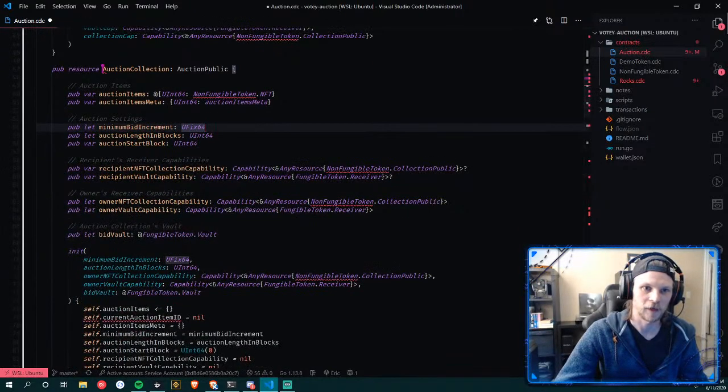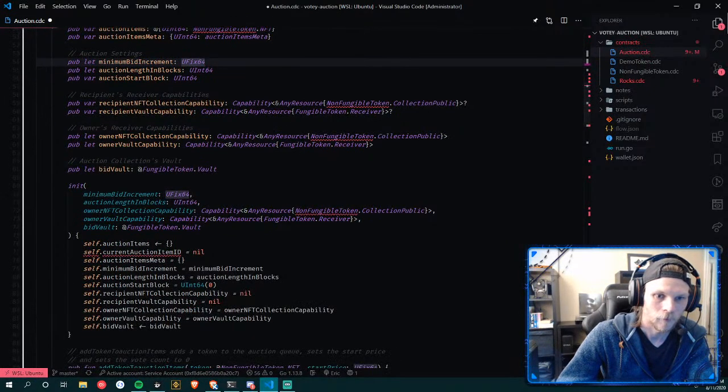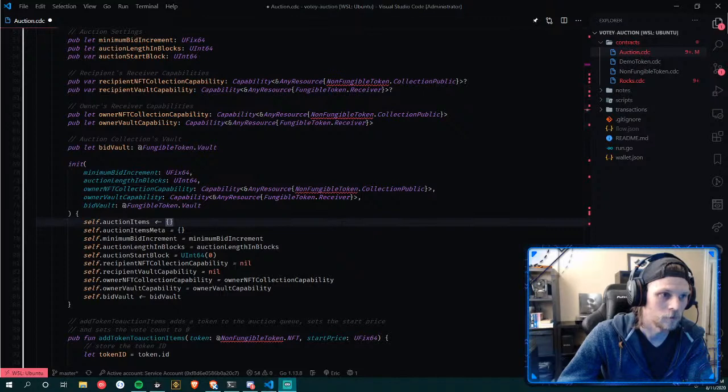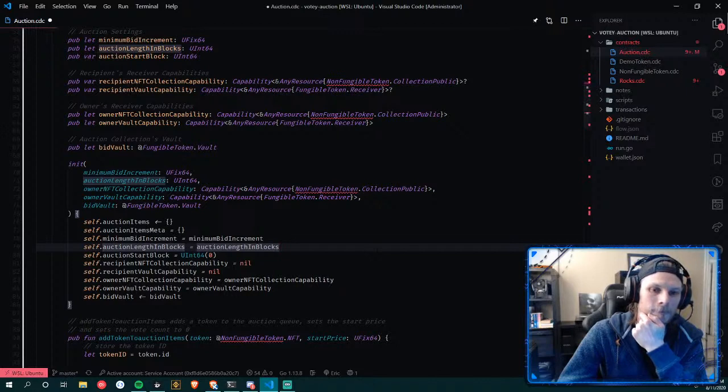So yeah, but I guess that's where we can always talk to, because as soon as you want to store a resource, you should never store a resource inside a struct, right? You can't, it won't let you. No. So as long as auction metadata is only references and things like that, then you might just need it as a struct.